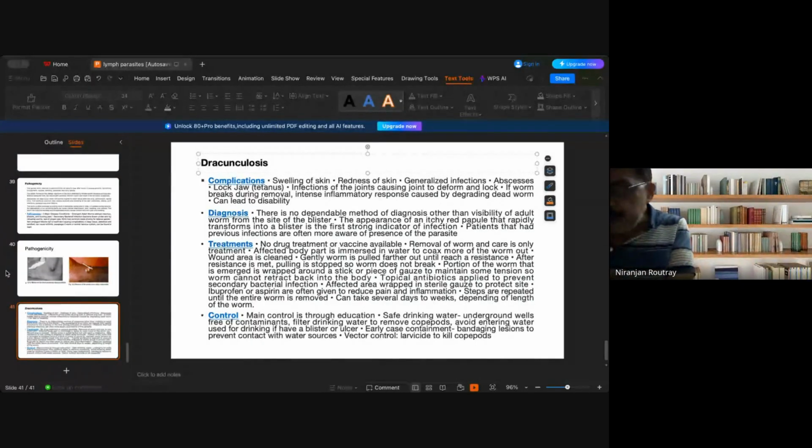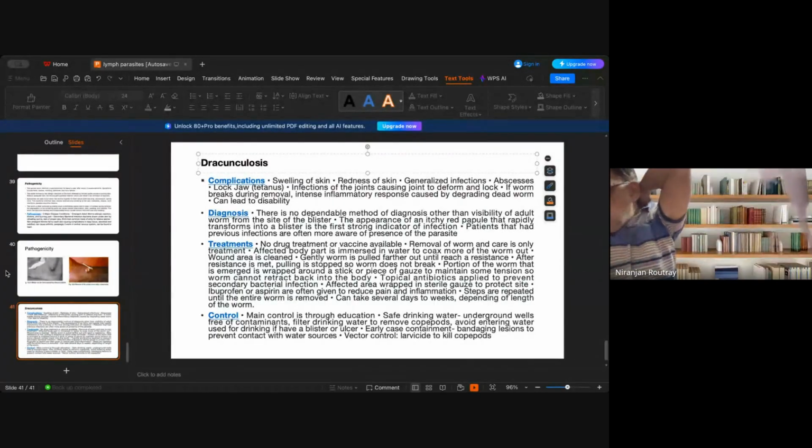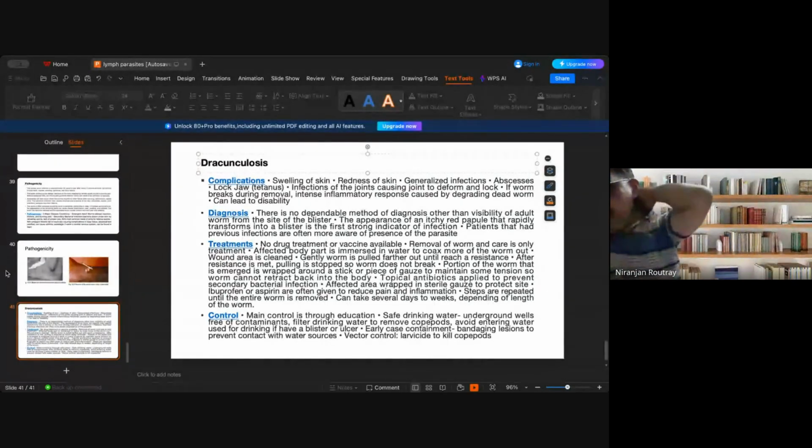Now you have the fleas, water fleas. The fleas are small and apterous. Apterous means they don't have any wings to fly. They are arthropods, more or less oval in shape. Their body is compressed laterally, and their color varies from light to dark brown.